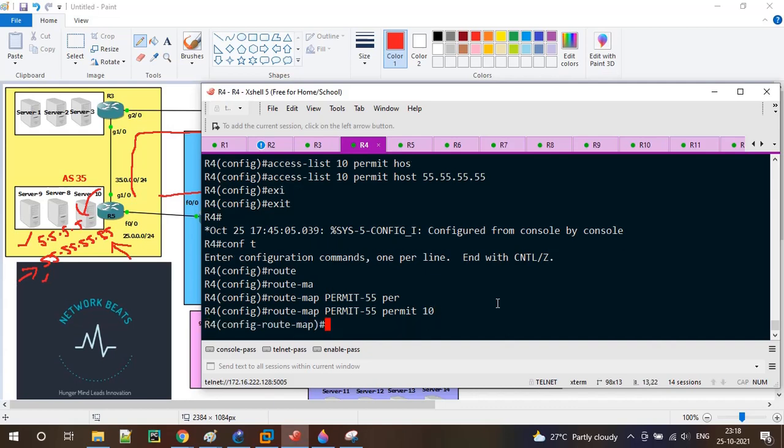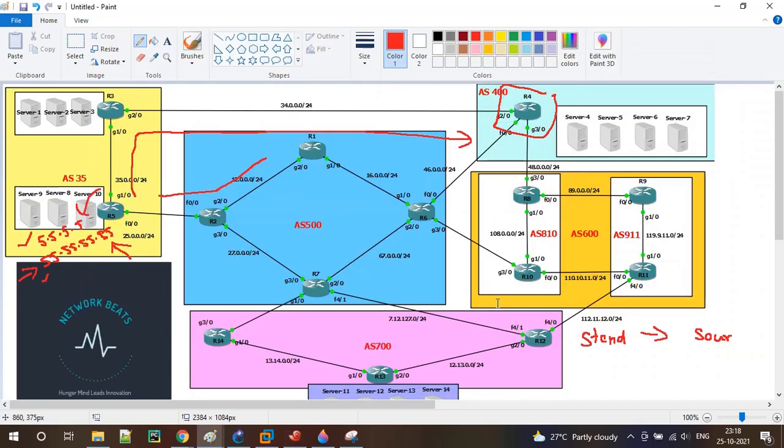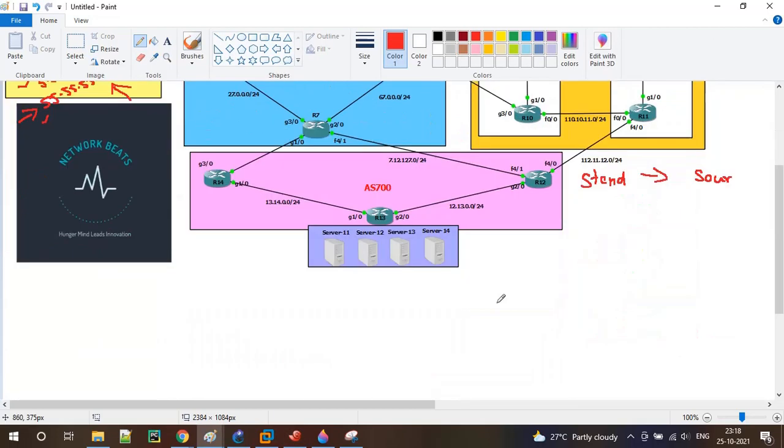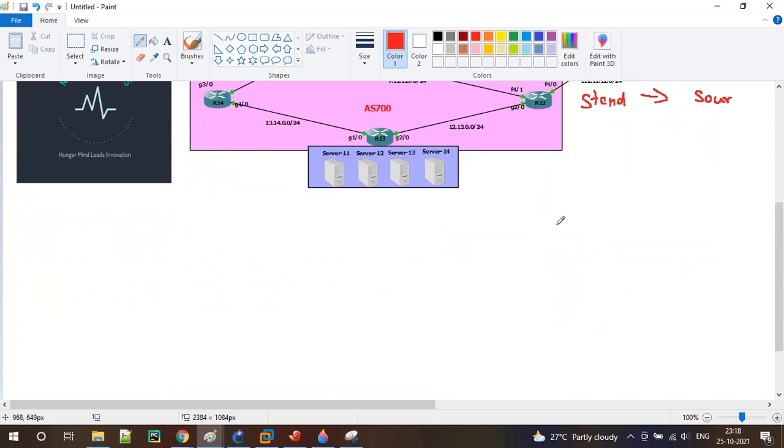Inside the route map, why are we creating the route map? In a route map, we will be matching something. If we find a match, then we will be setting some value. So it is kind of a match and set kind of properties that we will be defining under the route map during path manipulation in BGP.